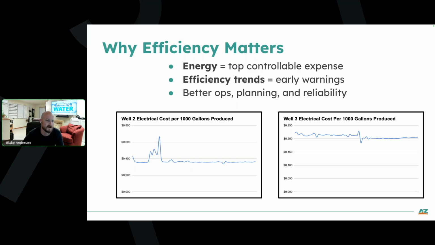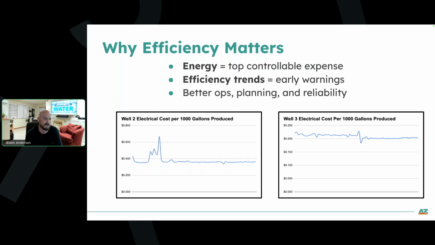But a lot of times we'll be able to see in the data changes in trend lines that give us leading indicators that this is going to be a problem. And if we're not in our peak months, we tend to take those offline proactively and not run them till failure.